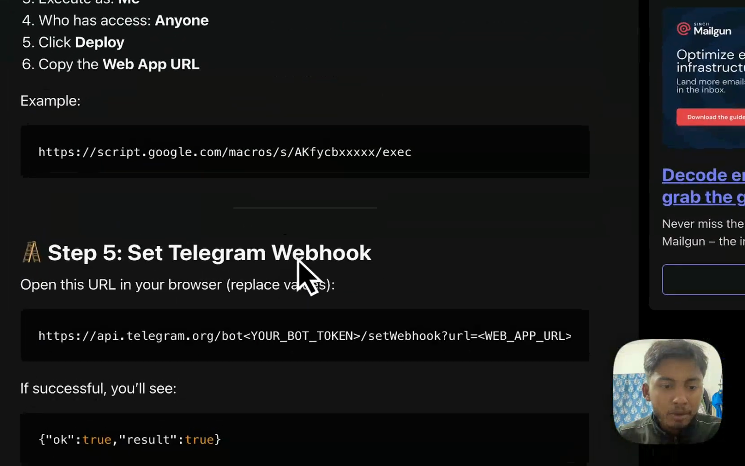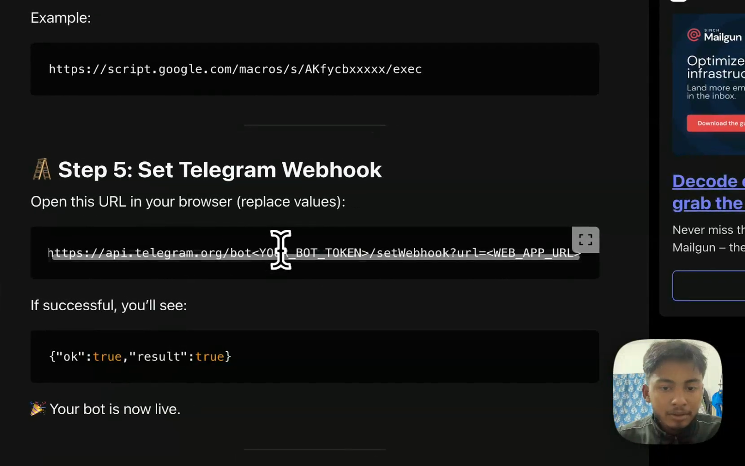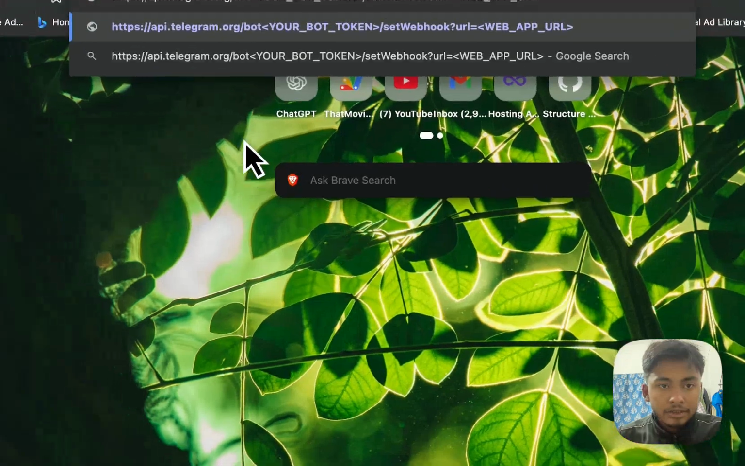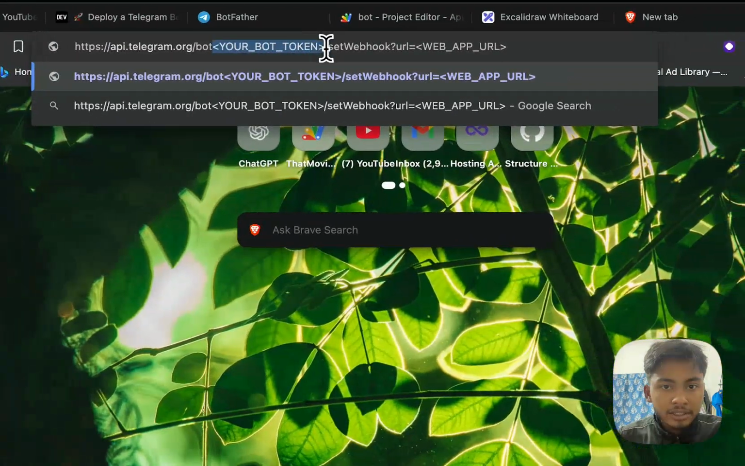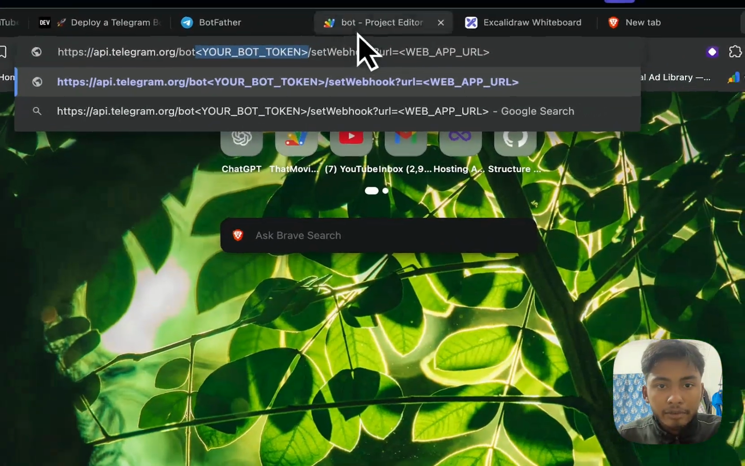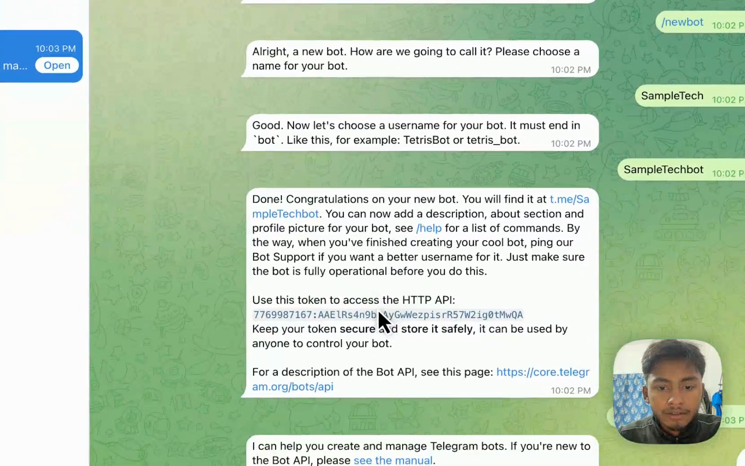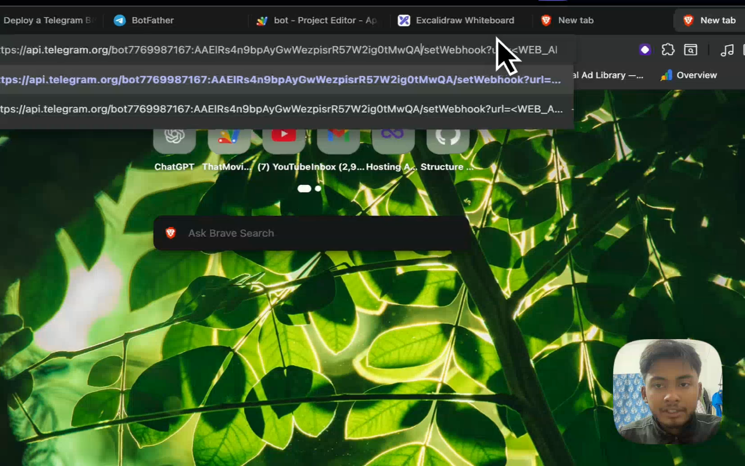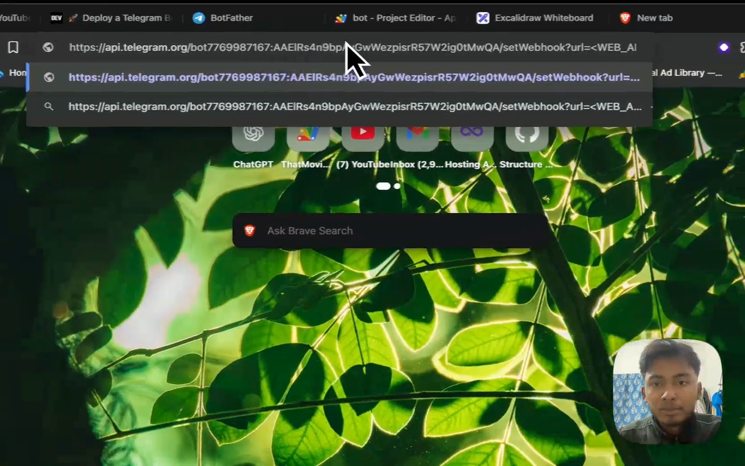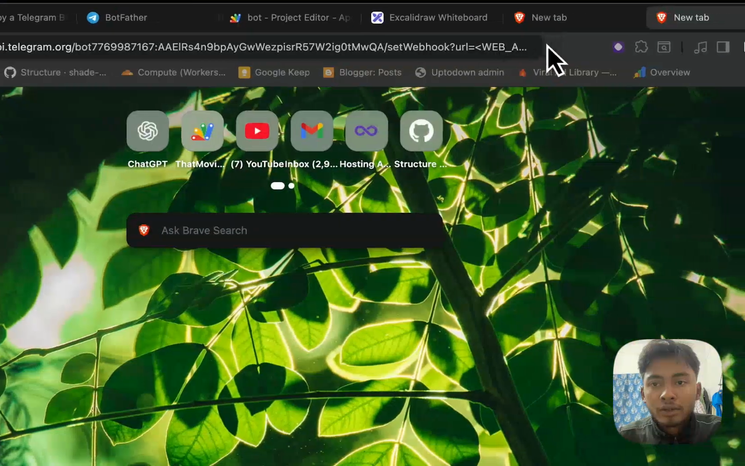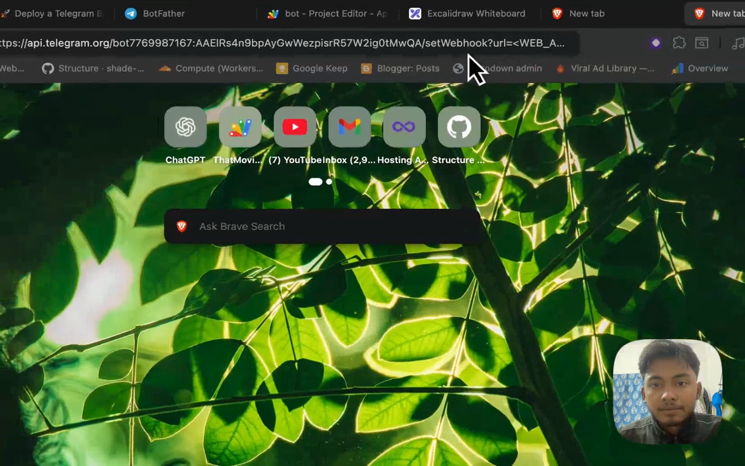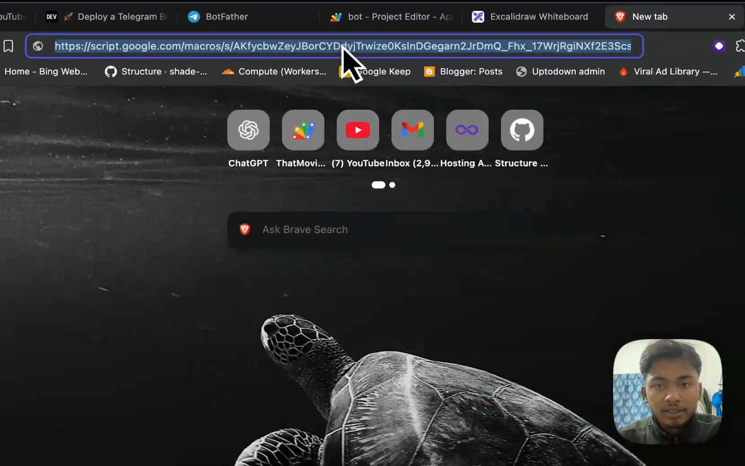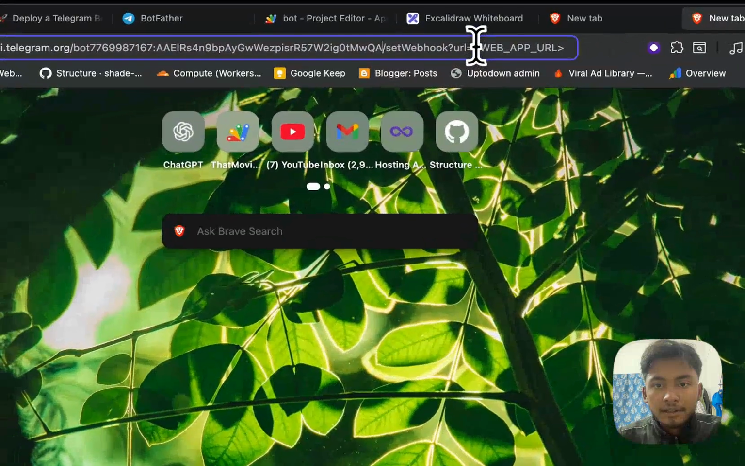Now we have to set the webhook. So for setting the webhook, this is the format. You just have to give a request to this endpoint. You have to paste your bot token here. So for that, we will copy it again and paste it here. We will say Telegram that for this bot, set the webhook URL to this. Where's the URL? This is the URL, and